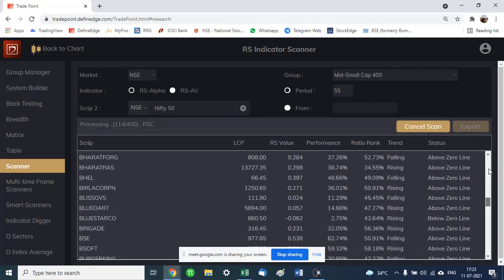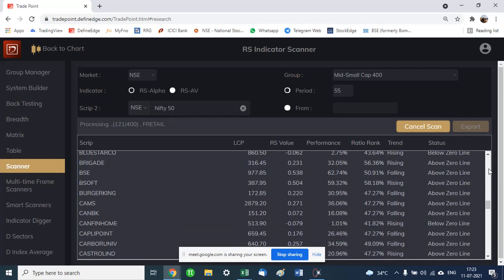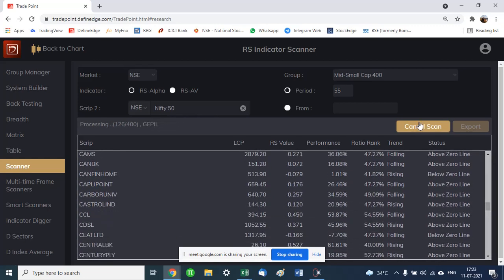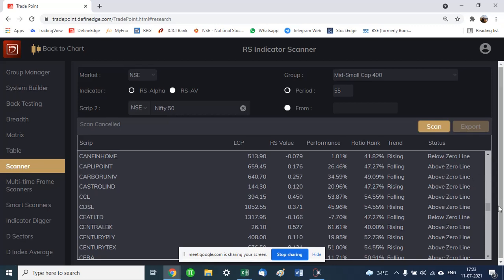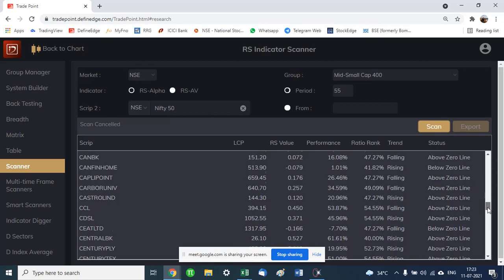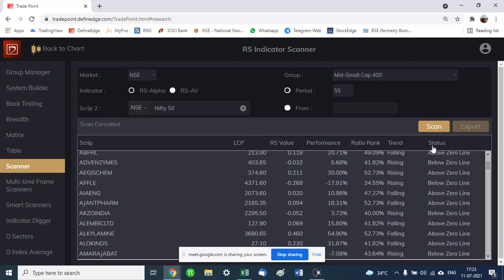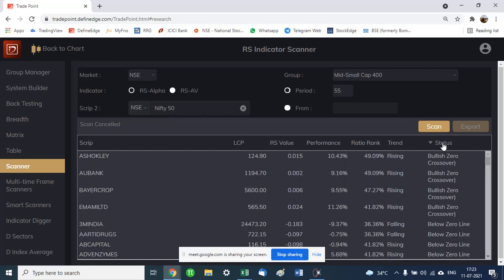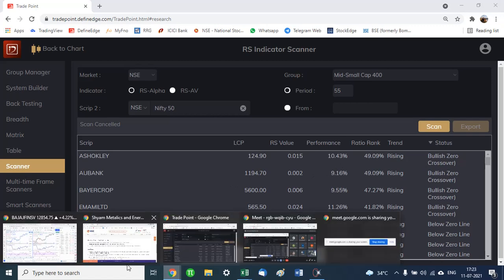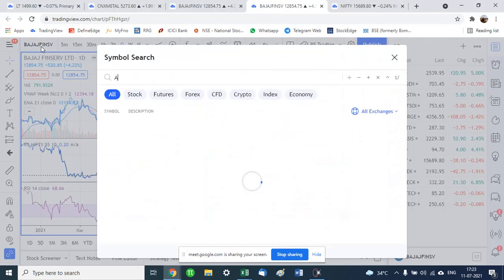Let it just finish running. Yeah, I can cancel it and we can see based on these stocks only. So we check the status, bullish zero crossover. You see here, Ashok Leyland. So now if we go to the Ashok Leyland chart here,